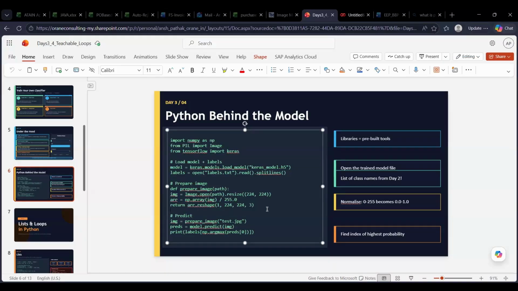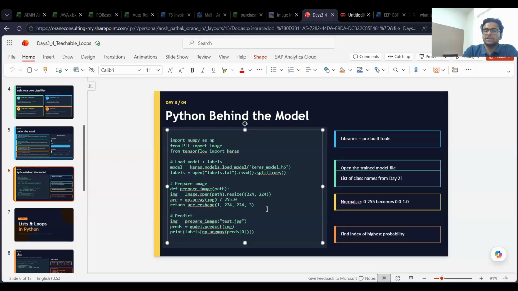Yes, sir. So even if you don't understand exactly what prepare image is doing here, just understand it like this: I was inputting my individual images onto that particular website, right? Whenever each image was getting input, it was passed to a particular function, which converts it into vectors and then uses it to train the model.